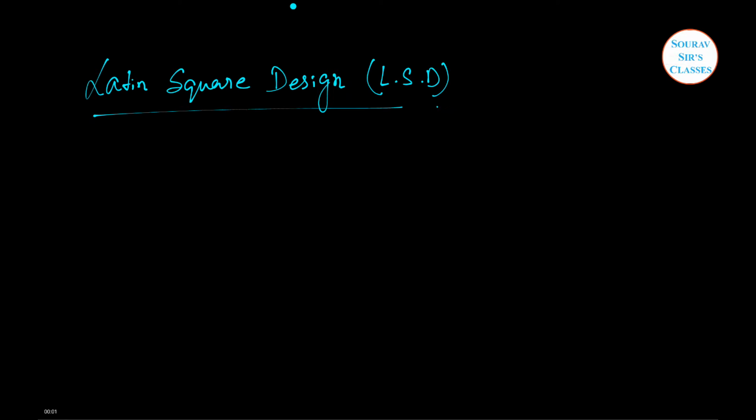Hi students, today's topic is Latin square design. Now, what is the Latin square design? In RBD, the whole of the experiment area is divided into relatively homogeneous groups and treatments are allocated at random to units within each block. Randomization was subjected to one restriction within blocks, but in field experimentation it may happen that